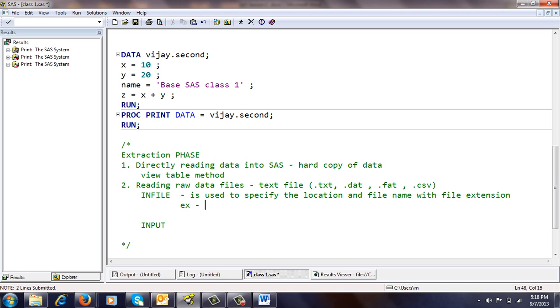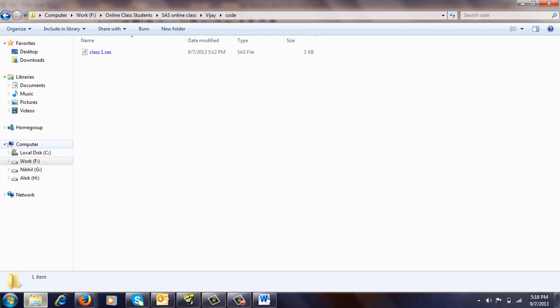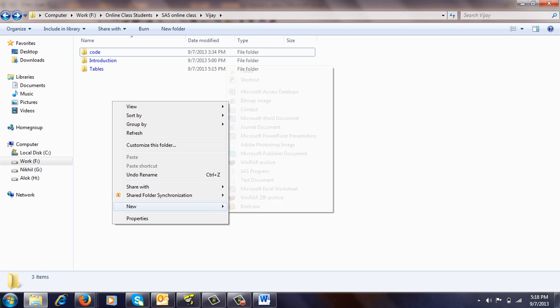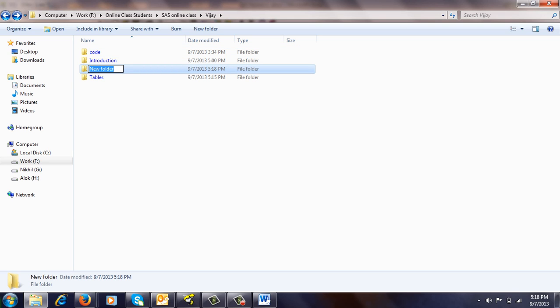Examples, I just give you how to give this infile. Give here infile and then in a single quote or double quote you can mention which files you want to read. Now suppose our files are stored in the Vijay folders under a new folder called documents.